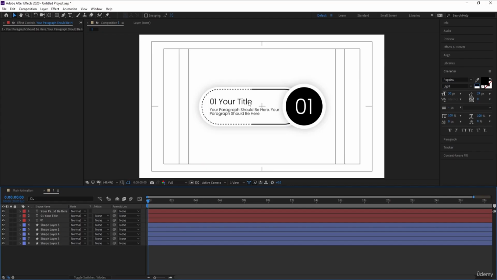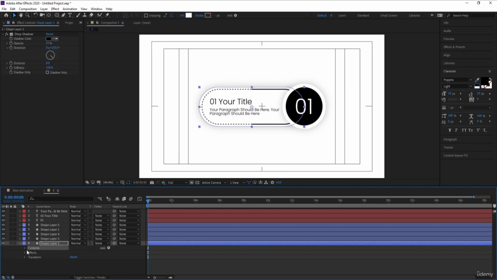Okay, like this. Now after creating all of this, we need to animate this also. So let's start with our animation stuff. First of all, we will animate this one over here. So for that, what we can do, we can go to the contents, we can go to the rectangle 1, rectangle path,